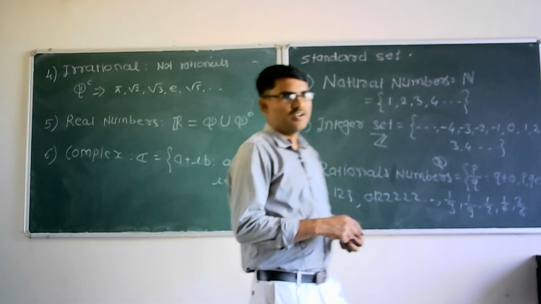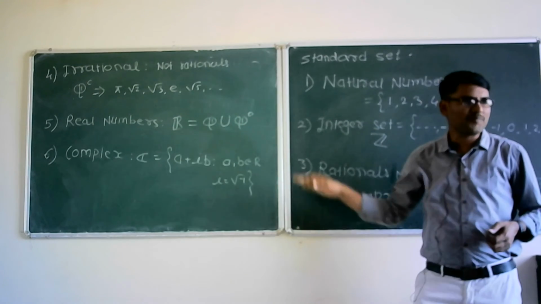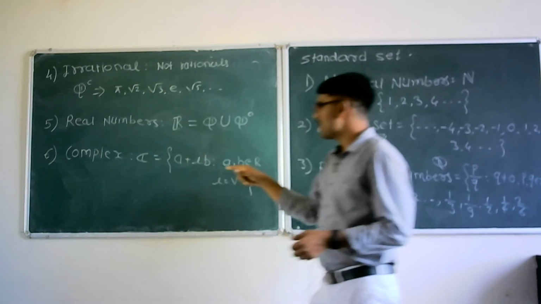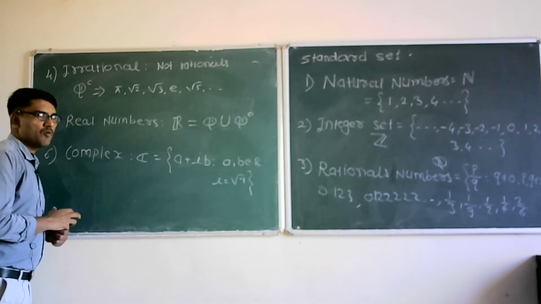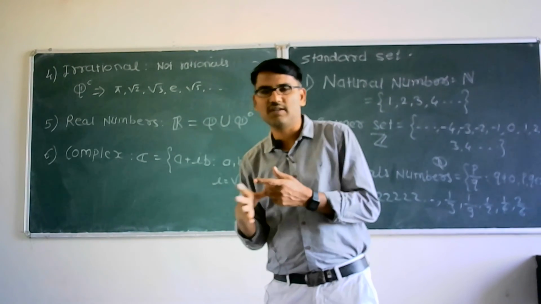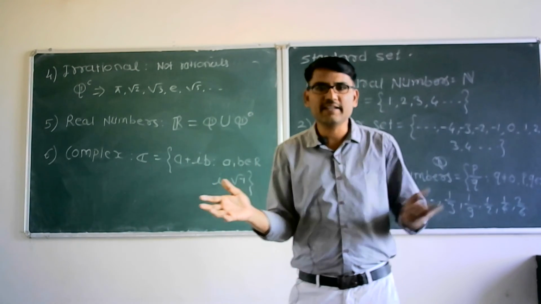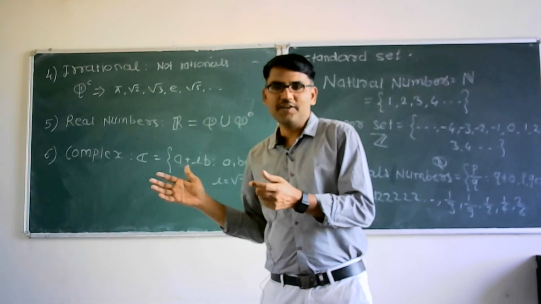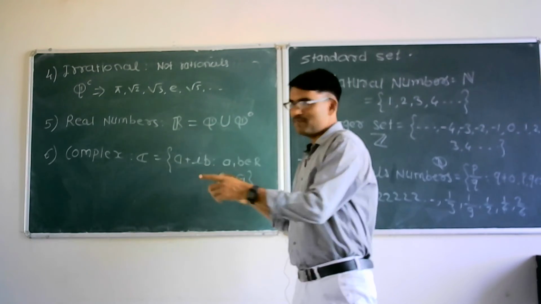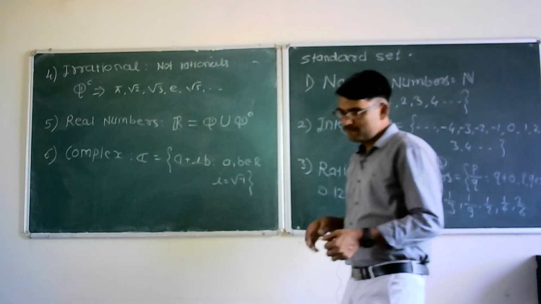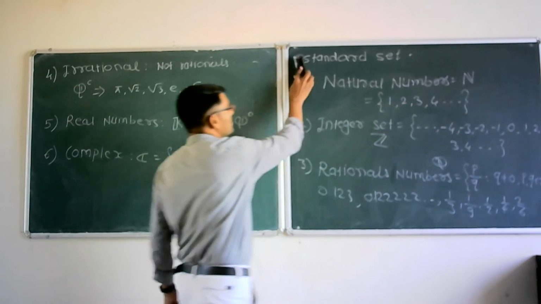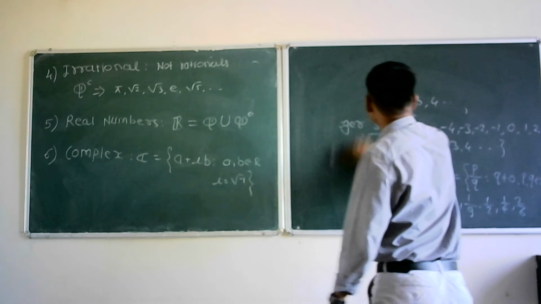So if you observe, this chapter is sets and relations, one chapter, then 2 chapters on integer set, 1 chapter on real number set, and 1 chapter on complex number set. So if you know the numbers properly in set theory, which numbers come in which set, and if you know the relation between them, then you can cover 4 chapters by this set. Hope you understand these standard sets.